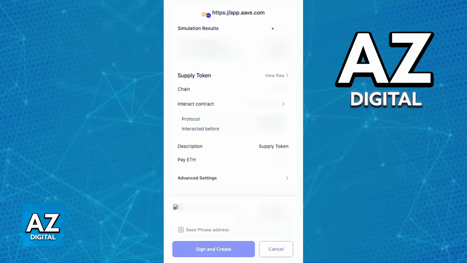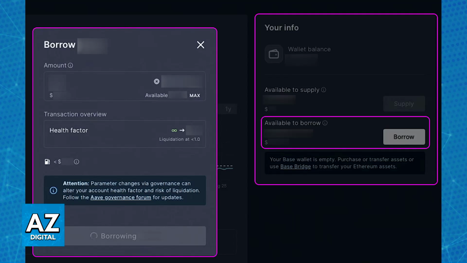So if you go back to the same page at the right side of any crypto asset that you chose, you will be able to find the option to borrow. If you don't see the option to borrow, make sure that you deposited the collateral properly. And if you don't see it even after depositing the collateral, it could mean that you cannot borrow that specific cryptocurrency. But if you see the option, just review the terms and conditions, including the interest rate, and confirm the transaction using your wallet. So you will be able to proceed and borrow a specified amount that you want.